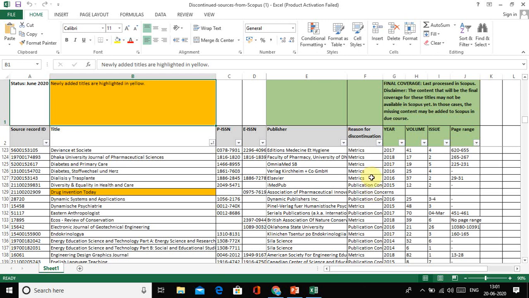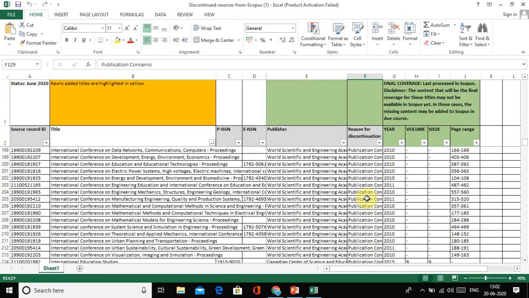Metrics means that if they don't have enough citations, it comes under metrics as the reason for discontinuation. Publication concern means that some journals might state on their website that there is no publication fee, but they charge certain fees for processing. Those cases come under publication concerns. Mostly these are the two reasons for the discontinuation of journals from Scopus.